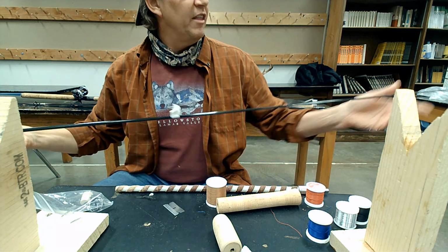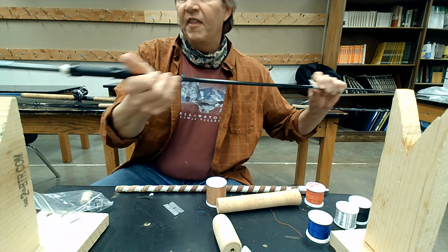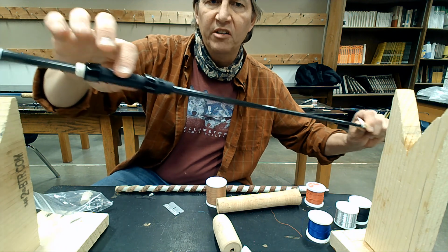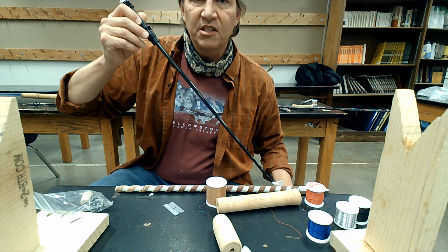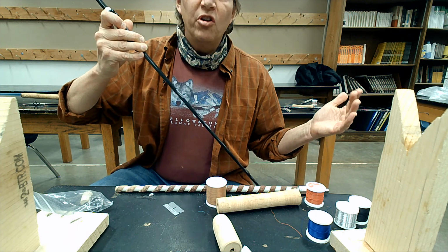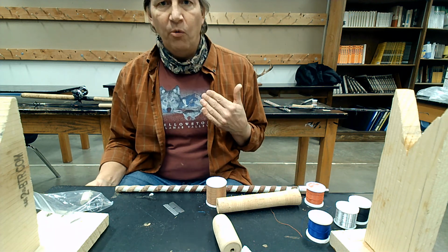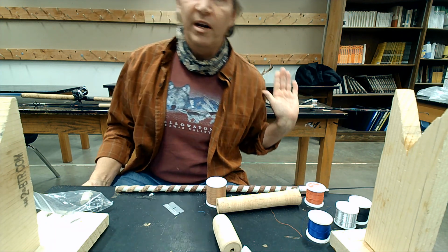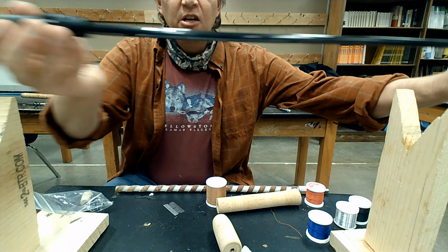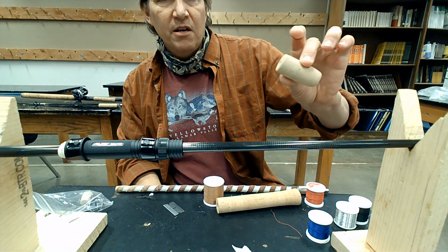That's the spine. That's the way you want your rod to bend. That's the side your eyelets want to be on. That's the direction you want your reel seat to be on. So I'm going to make sure my reel is going to line up with the bend of it, the way the fishing rod likes to bend naturally. If you don't do that, it's not the end of the world. But like you like to bend this way, the rod likes to bend that way. If you put the eyelets on this side, you're going to be going against the natural grain of the spine itself. So, all right. So put the reel seat on, epoxy that on, and then this right here is the